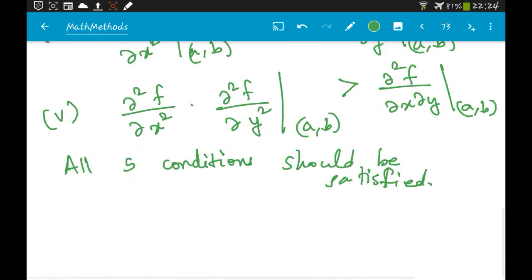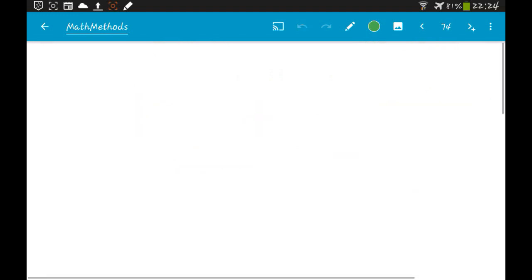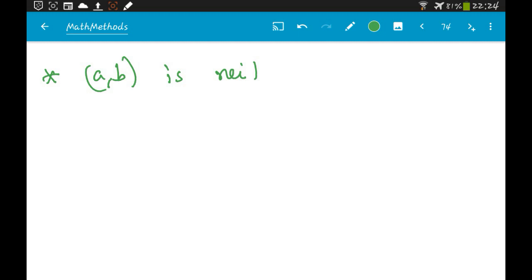Alright, again, so what are we left with? We are left with only one other thing. So a comma b is neither a maxima nor a minima